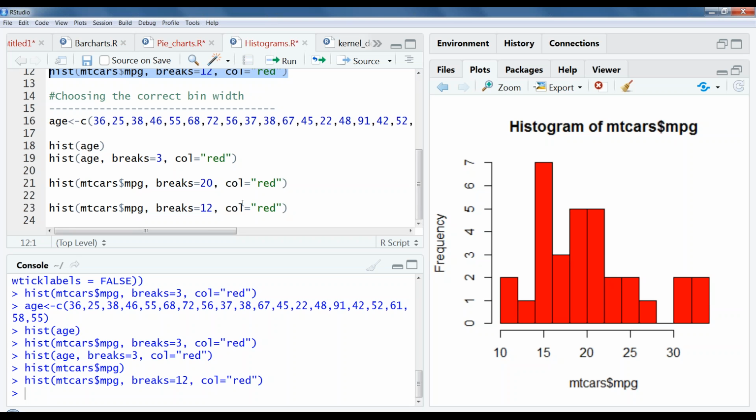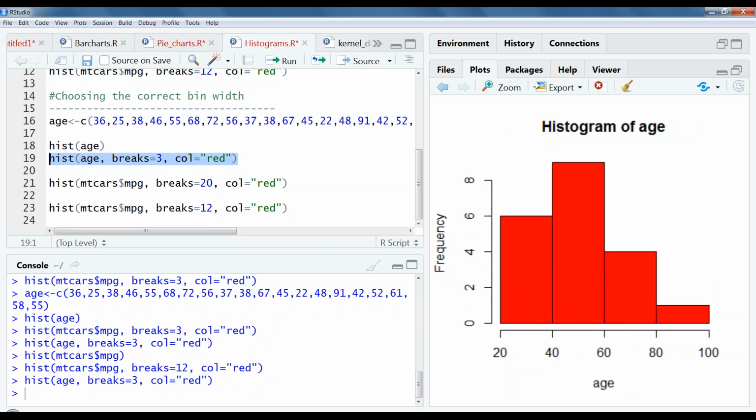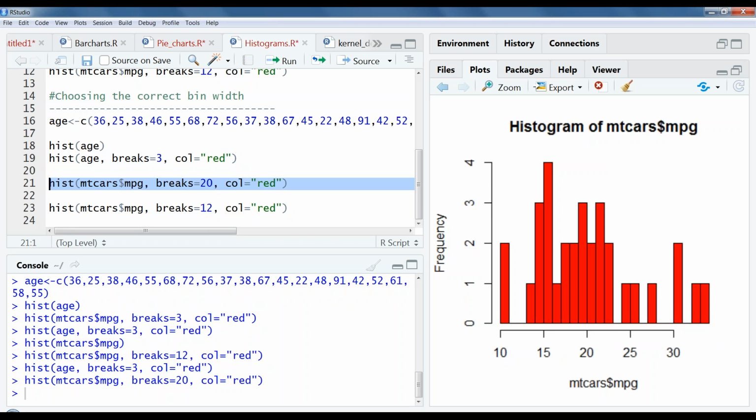So for this example, age, if I take 3, it is not meaningful. 20 to 40, 40 to 60, it is very, very few, you can say. Otherwise if I take 20, it also doesn't look meaningful.